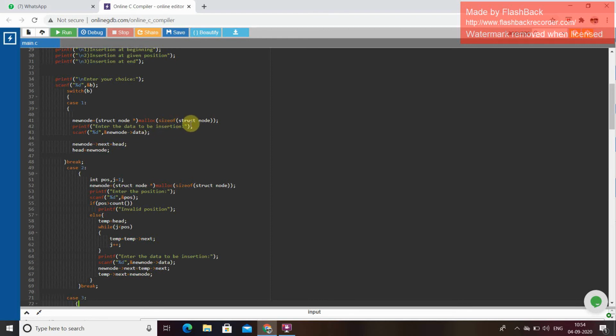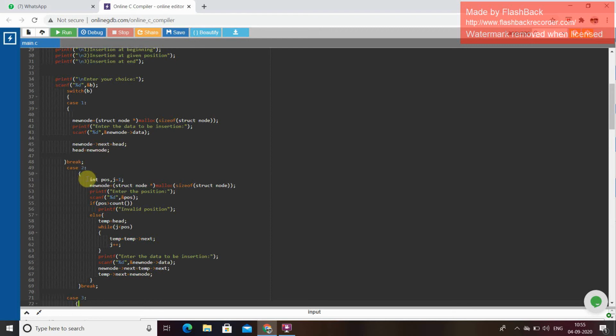Then again we have to print enter the data to be inserted. Then again we have to scan %d newnode->data. Then again newnode->next equals head, head equals newnode.